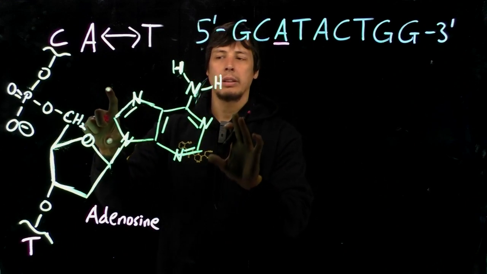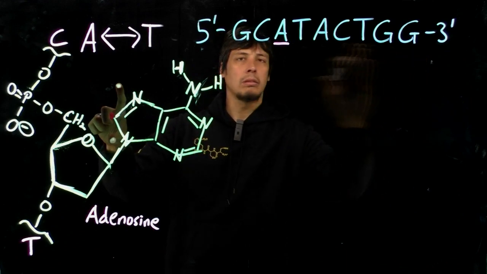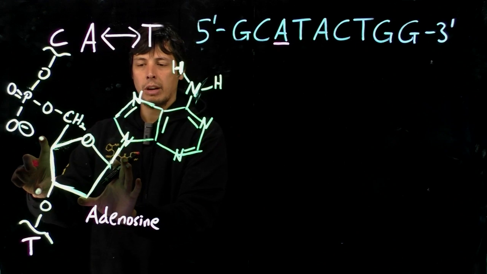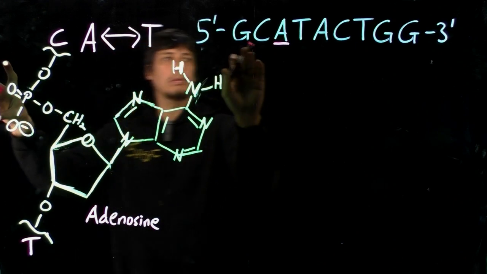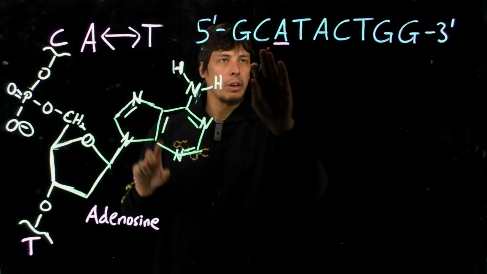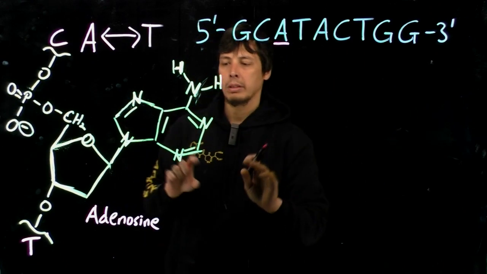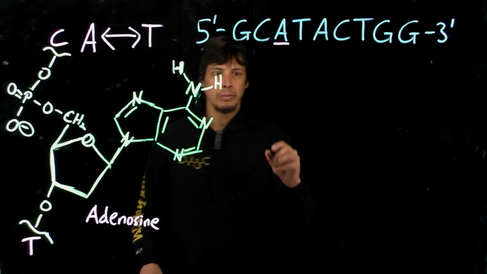So the complementarity all has to do with the nitrogenous base, because remember, for all of these nucleotides, the deoxyribose ring is going to be the same, and the phosphodiester is going to be the same for the linkages between these. What differentiates these is what's happening at the nitrogenous base component. So here's the adenosine, and then if we look at thymine,